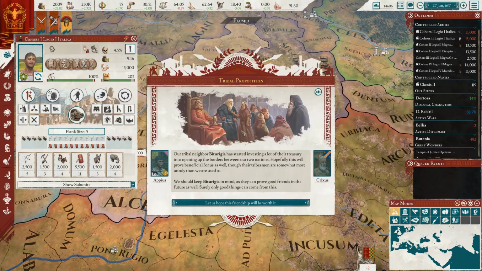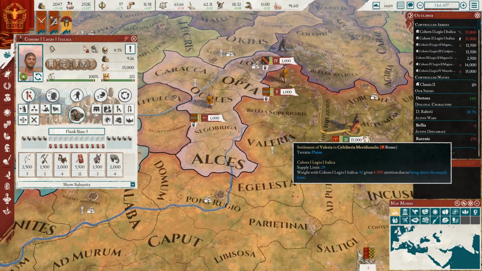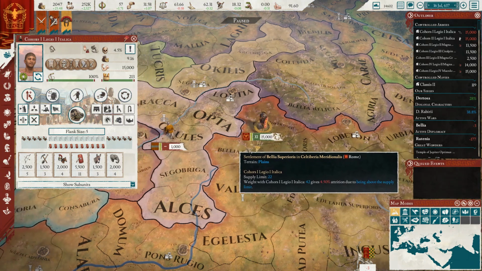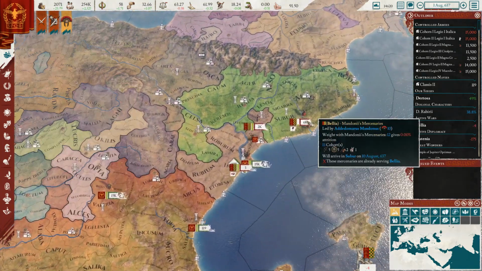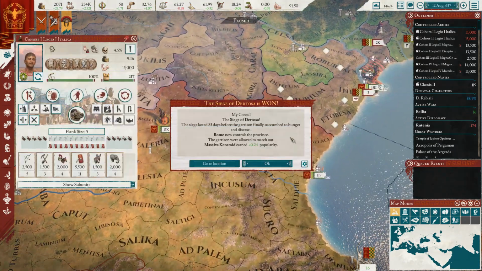Don't know if we're going to be able to catch up to these guys. We'll try to, though. Yeah, they're leaving there. They're just going to be kind of floating around our borders here. Yeah, they're now on the run. As long as we keep them away from our own territory, then that's fine. So they do have an army there, 6,000 men. Okay, so we're going to have to come back up